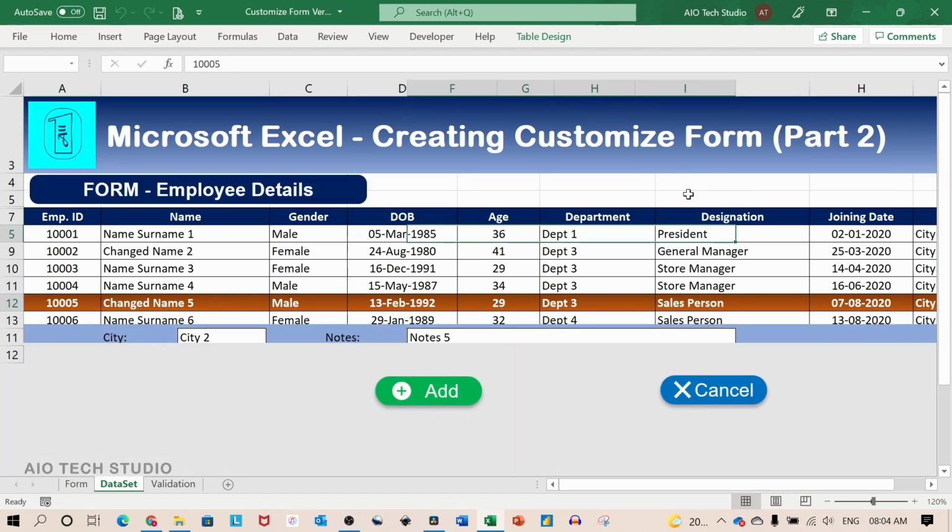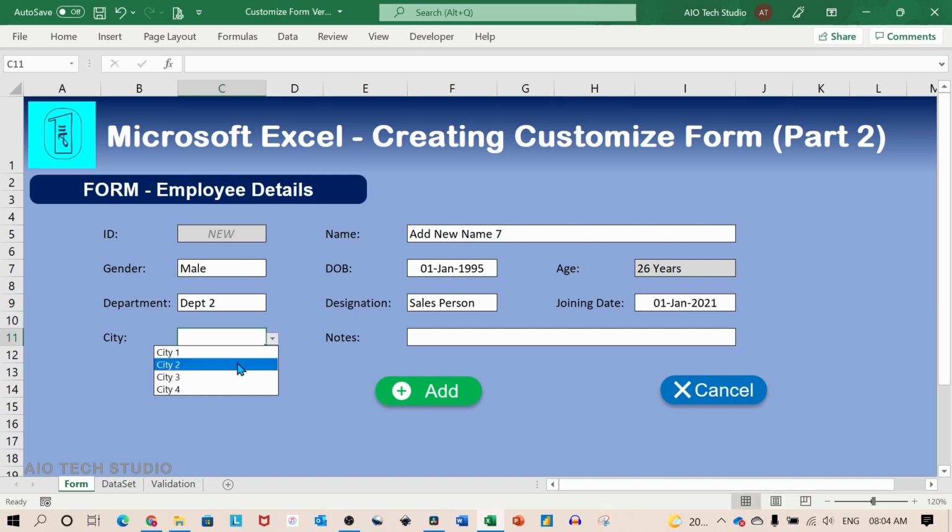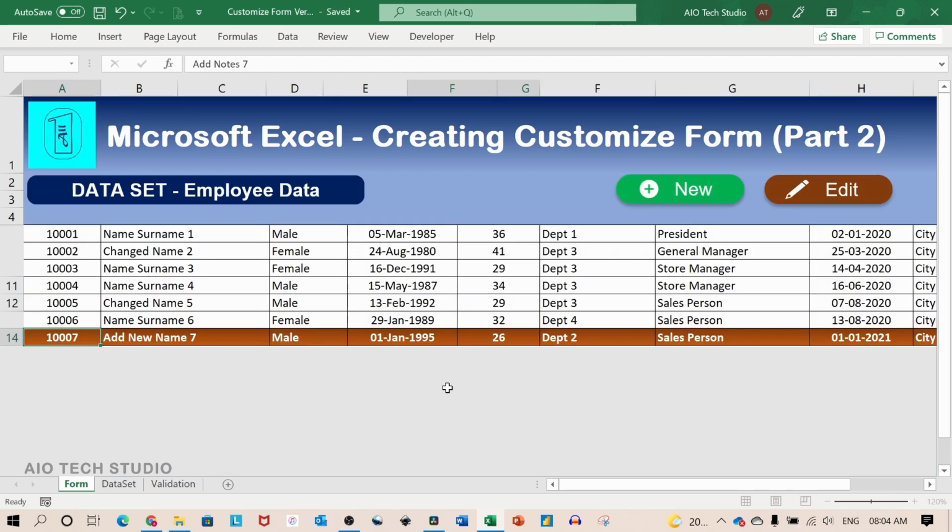Also, we will add a new record: add department, add designation, joining date, city, and save this record to our table.